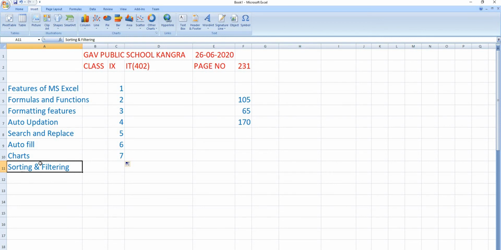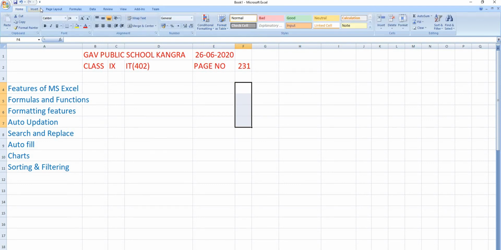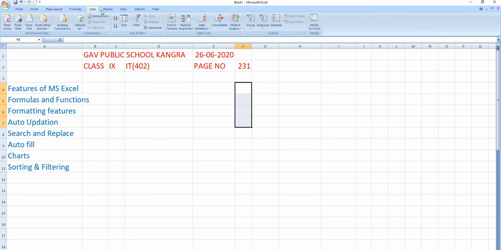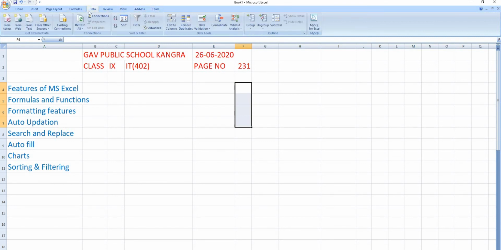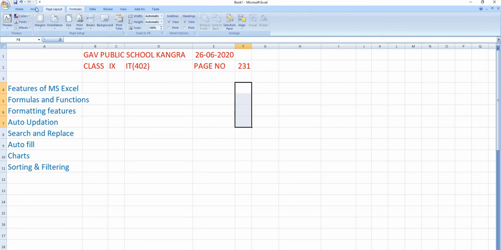Now next come the components of MS Excel. I am going to explain these components with the help of a picture. Although this is the entire Excel sheet, and this is your ribbon which contains different tabs. Okay, you have learned this in Word also, the same, because MS Office window components are almost similar.